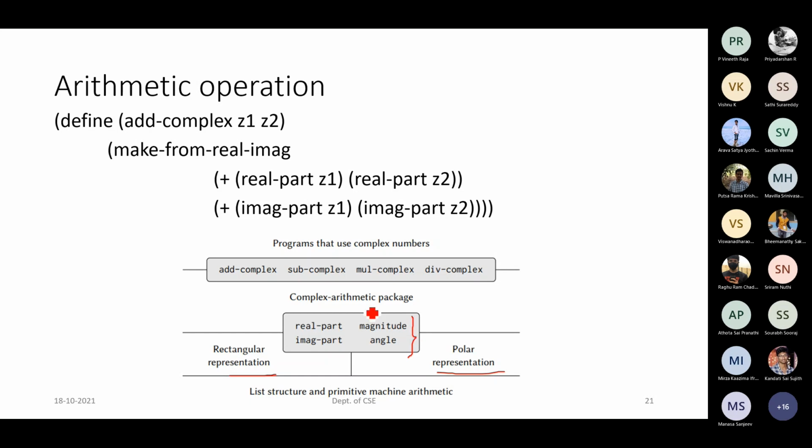Right now, whatever package you have seen is with respect to the arithmetic operation. Complex number arithmetic operation is the one which we have defined. That is nothing but add complex, subtract complex, multiply complex, and division of complex. Similarly, you can create your own packages based on what type of application you are doing it for. Okay, so this is about the multiple forms of representation.